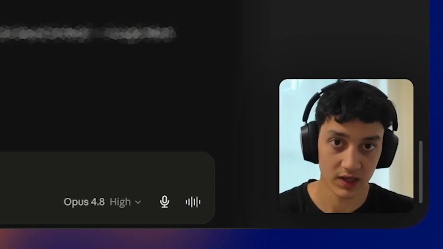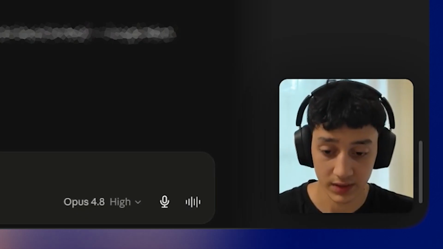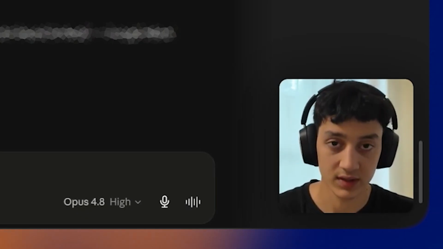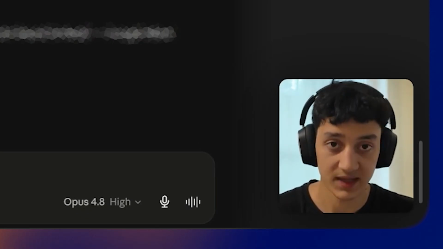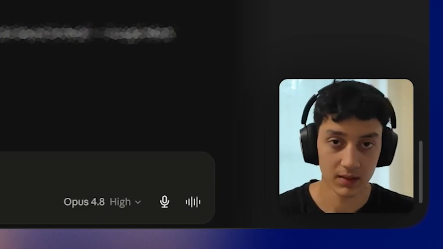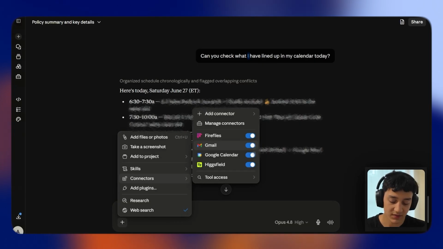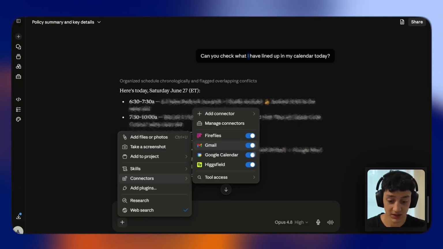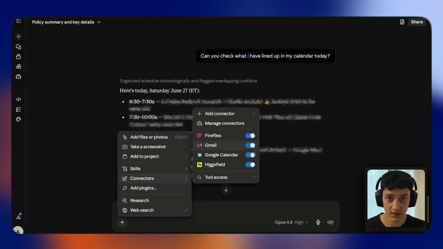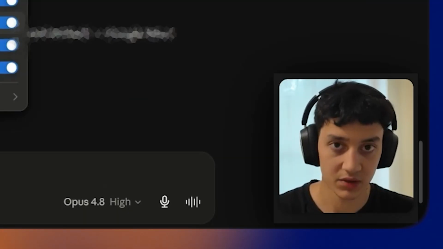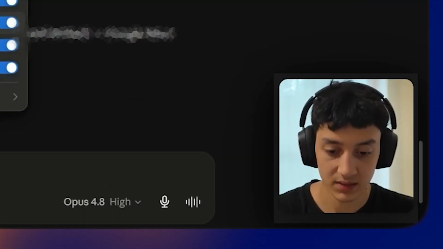And not only can you use a connector like Google Calendar to look at your calendar and tell you how it looks, but together with it, you can actually create meetings, block off times, and so on. Now, it's a very similar thing with Gmail, because with Gmail, you can ask it to send draft messages, read through your entire inbox, and even mark emails as spam, delete them, essentially the full menu